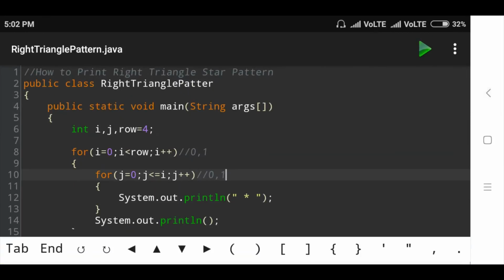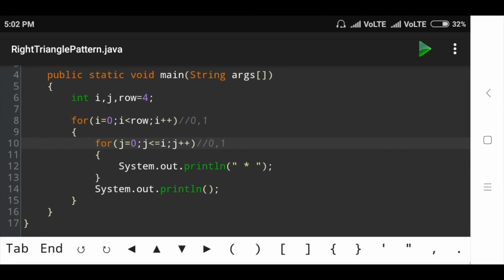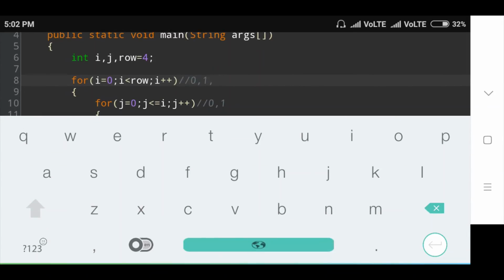Then the first print statement prints 2 stars in the second row and the second println statement prints the spaces and throws the cursor to the next line. Then go to the for loop condition again. Initial i value is 1, then the i value is increased by 1, i value is 2.